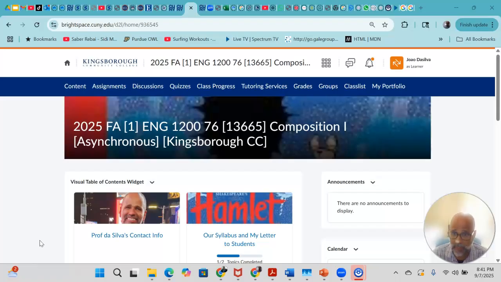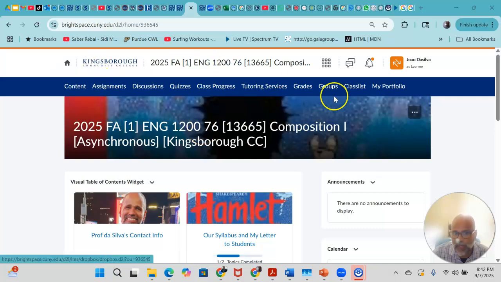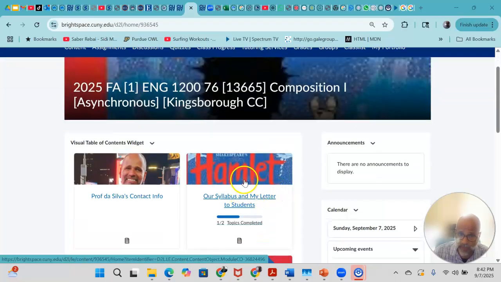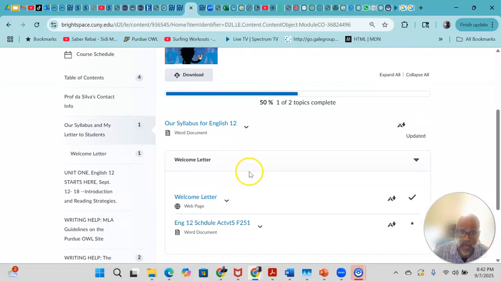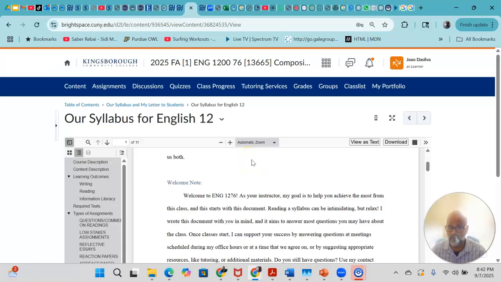Our main text is Hamlet, which you can access through the links that I provided in the syllabus, also in the schedule of activities. And I wanted to show you a little bit of how to get that. So when you get to Brightspace, everything will be organized here, right? On this page. The first thing I would do is to click on the Our Syllabus and My Letter to Students. When you click on it, the syllabus will come up and you should read it in detail because in general, a college